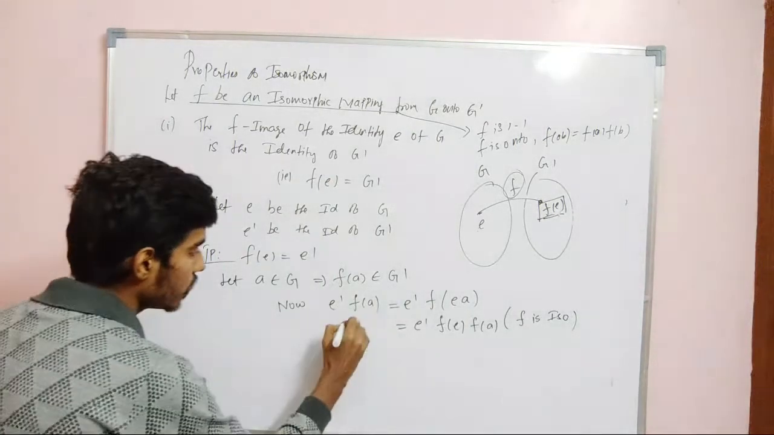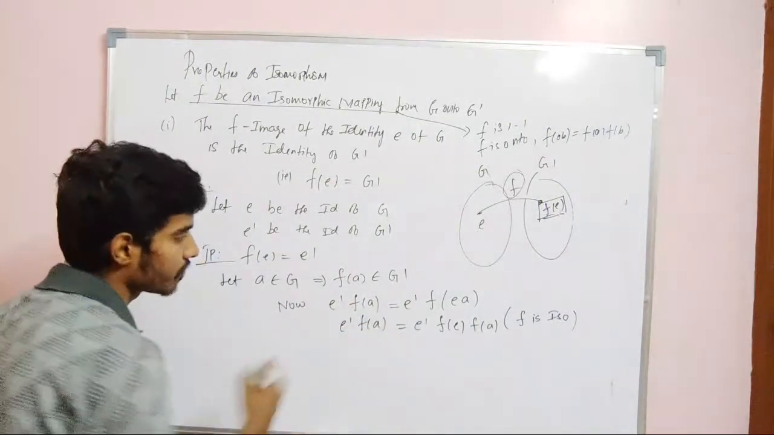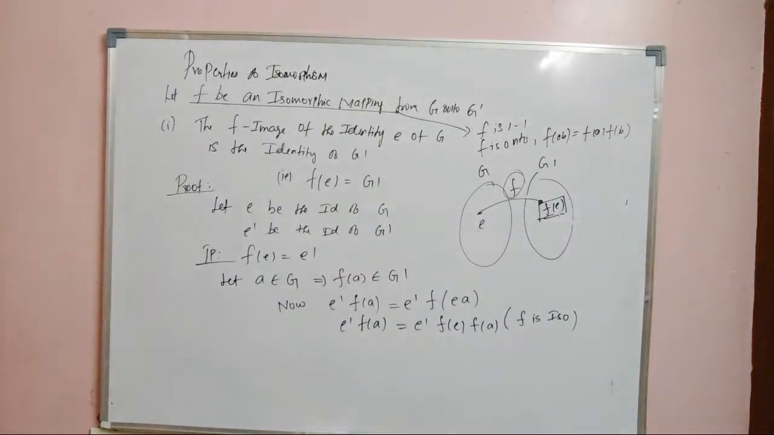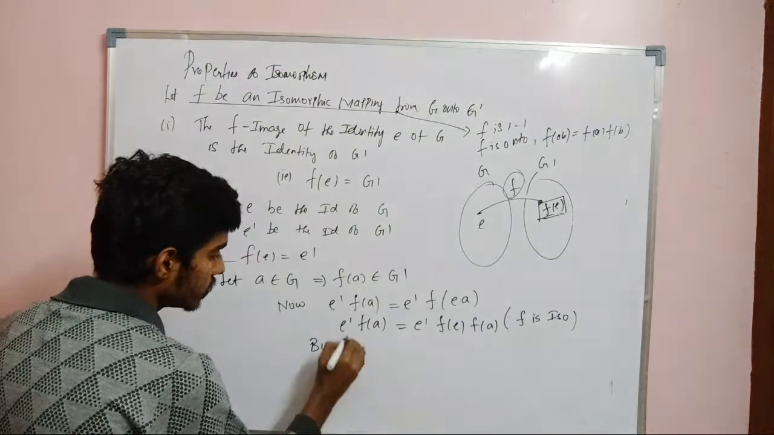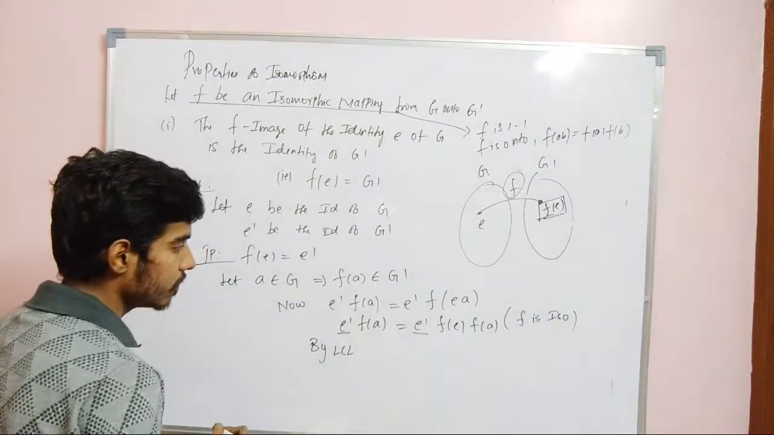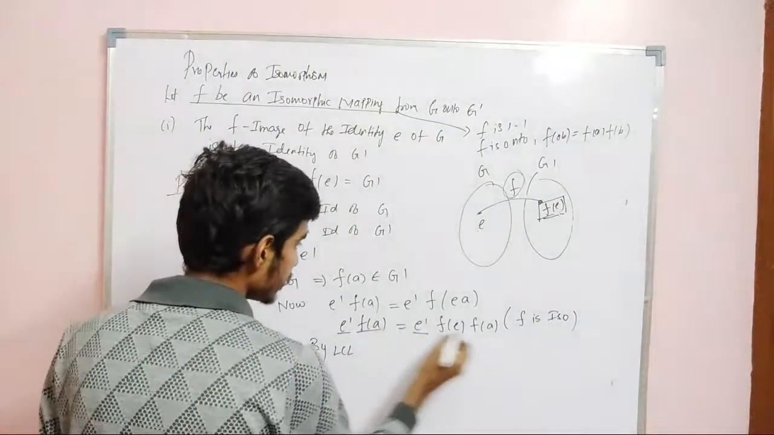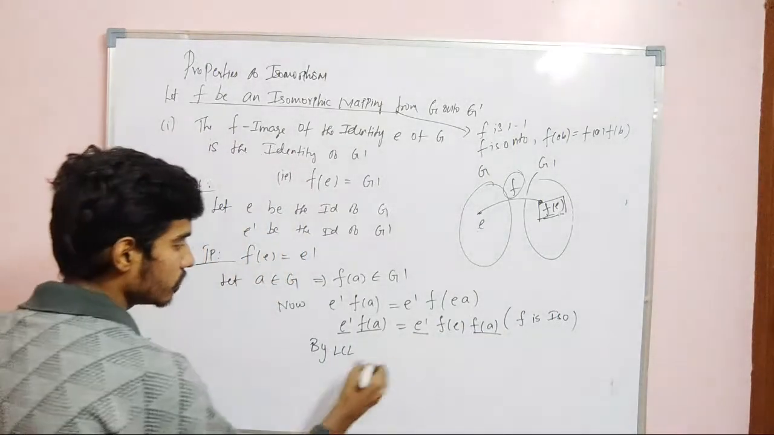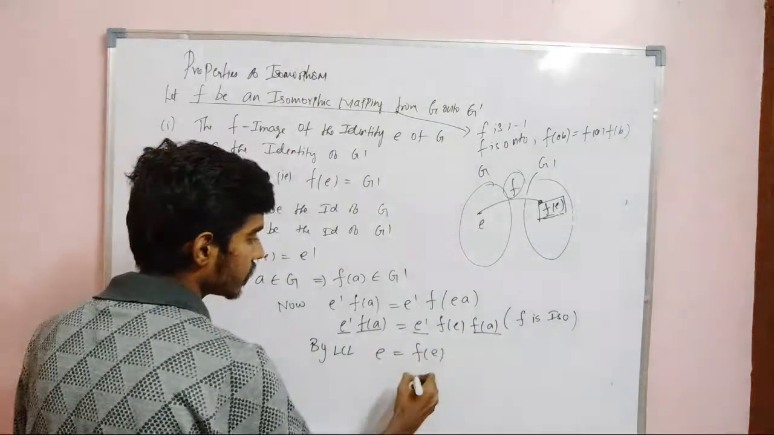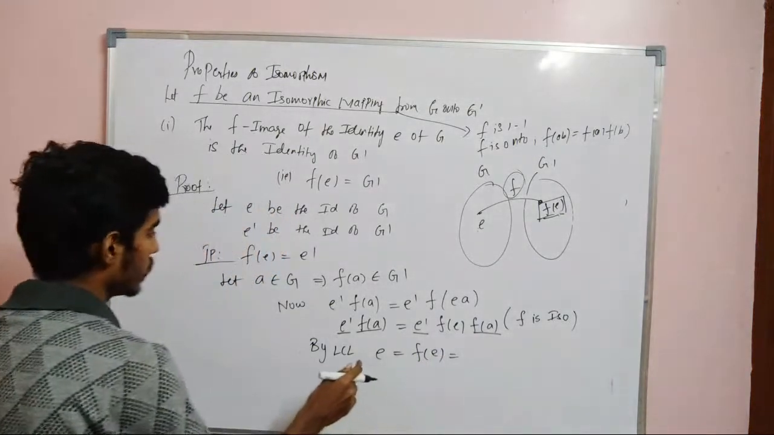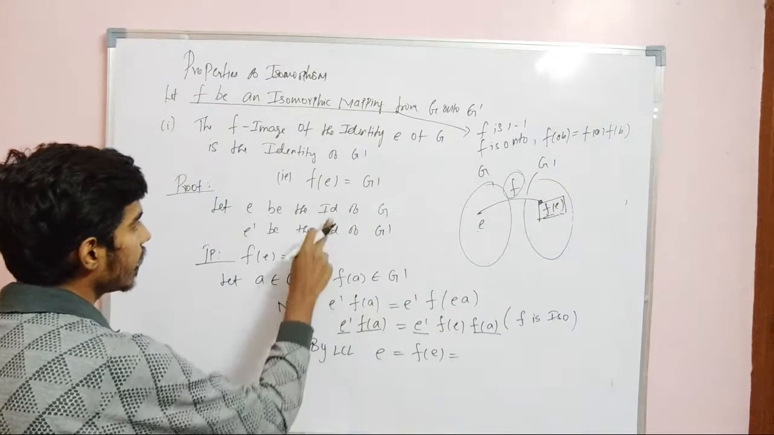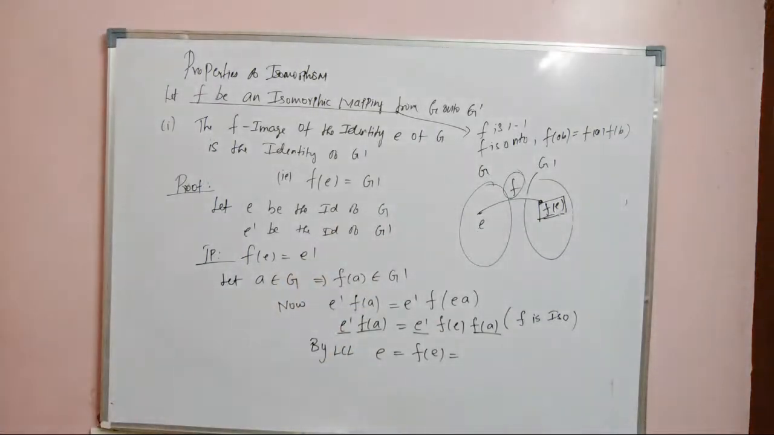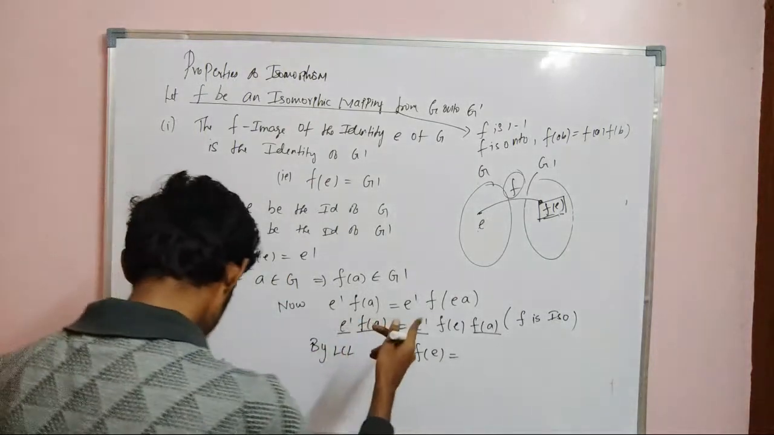So here we have E dash into F of A. So by left cancellation law, this E dash and this E dash we can cancel, and by right cancellation law, this F of A and this F of A we can cancel. So we are left with E dash is equal to F of E. So what is F of E? What is E dash? E dash is the ID element of